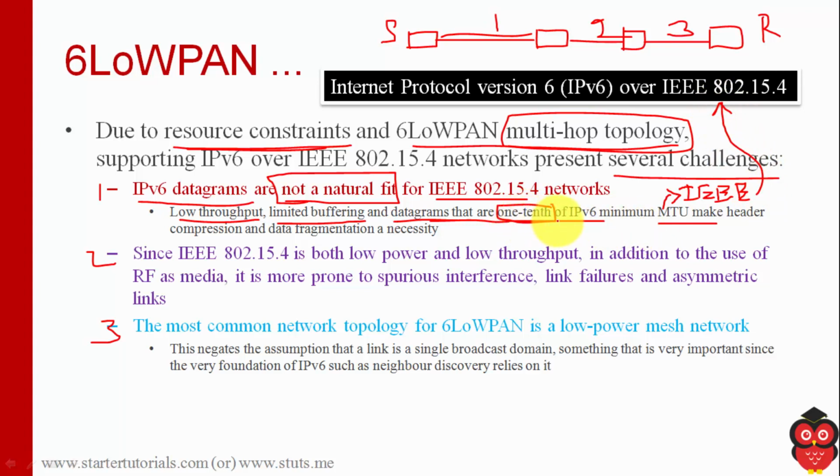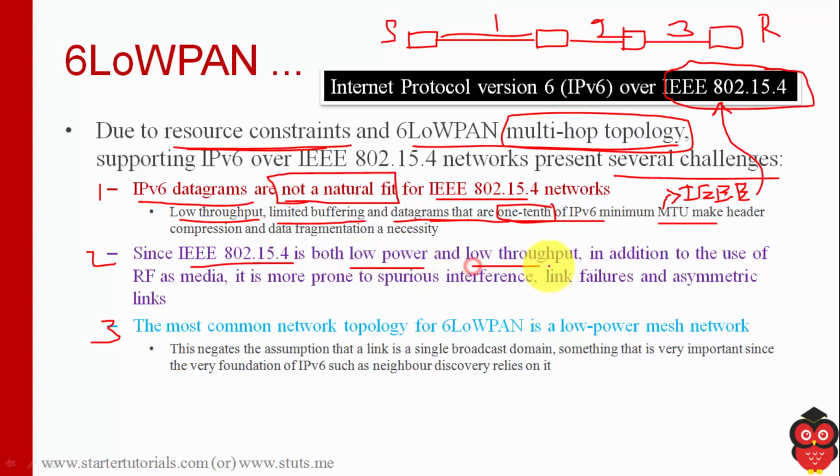The meaning of this is that the maximum size of data of an IP version 6 packet is far higher than the data that can be supported by IEEE 802.15.4. And the second challenge is that IEEE 802.15.4, as we have seen in the last session, is